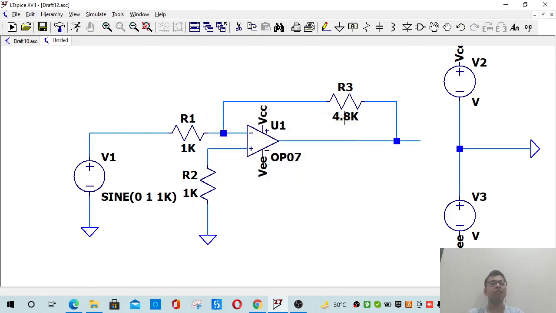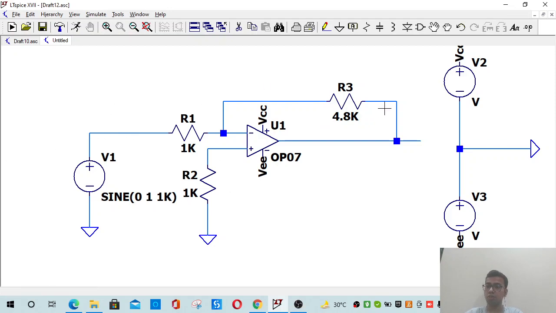Now, many of you might be having questions about why these particular values. So, guys, there's no compulsion of using these values. These are just values which I had in my head and I put them in. You can take any values according to your required gain, and your output graph will definitely be modified according to whatever resistor values you put in. Okay, so we are done with this part.